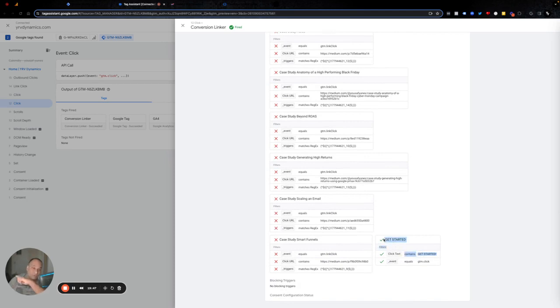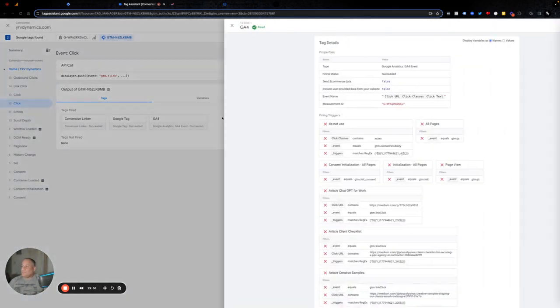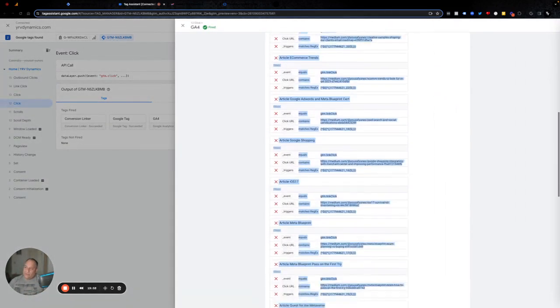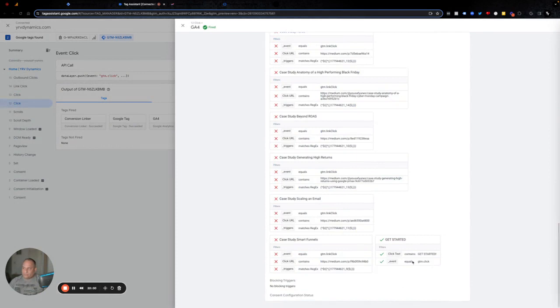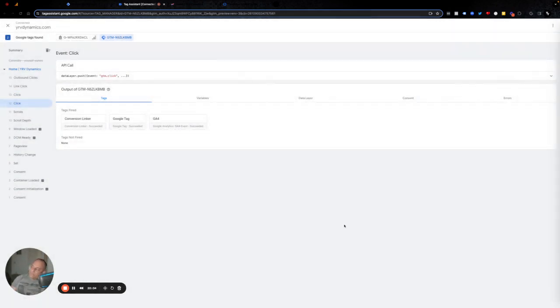So the original one, or the one before this, was click class, the code. Now it's click text, the button. Let's click this one, go all the way down. We'll have to check the other one. Boom, click text. So what does all this mean? Well, first of all, it means it's a good place to stop. Second thing, it means that we have consistent firing, and we've demonstrated how we can do the 3 different link